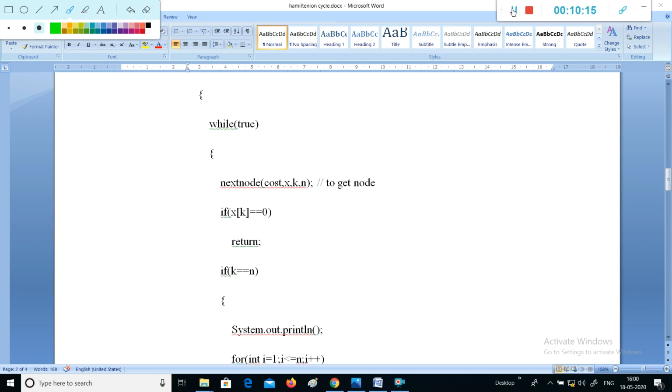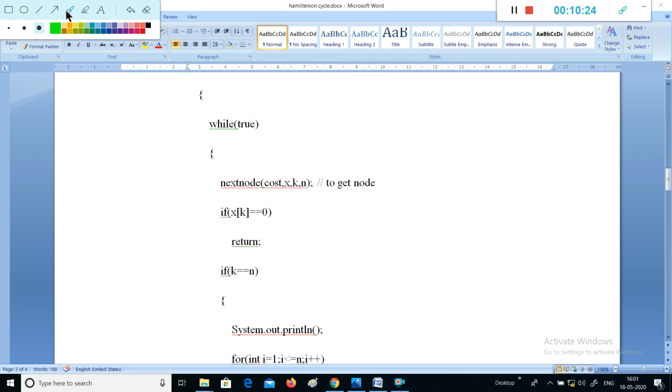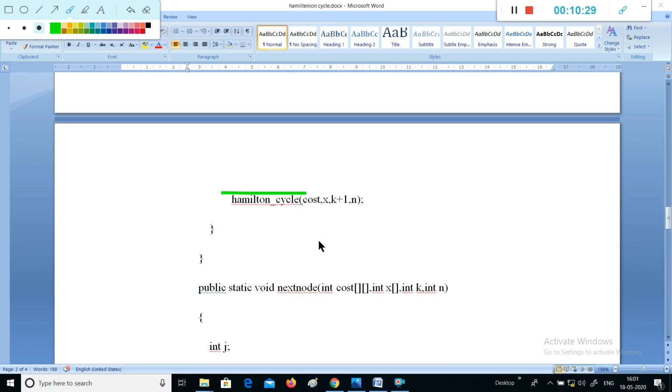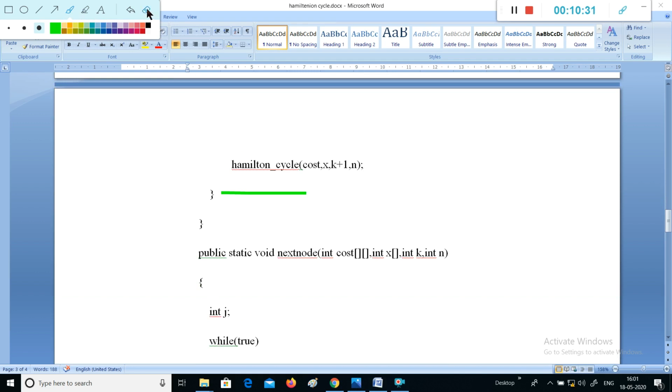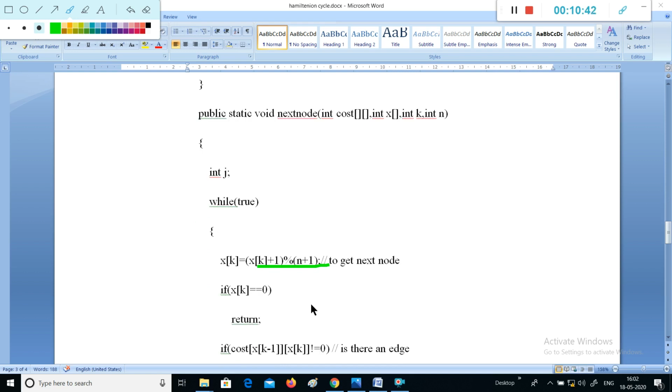So here we'll see how it is going to compute the cycle. And this is a function we are using to know the next node in the graph. It is going to get the next node in the graph by executing. Then the program control will transfer to the function get node. And here we are passing the cost matrix, adjacency matrix, x array, int k and int n. So here it is going to stop the execution of the code after returning if there are no next nodes present in the graph here.